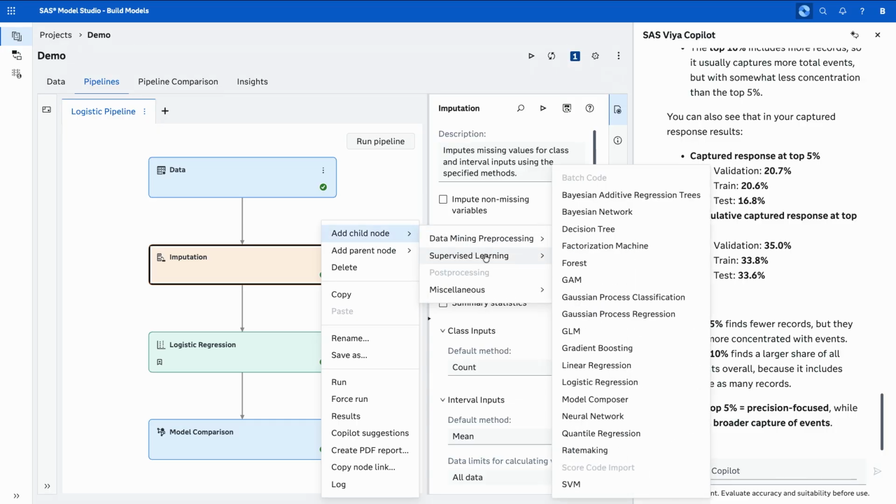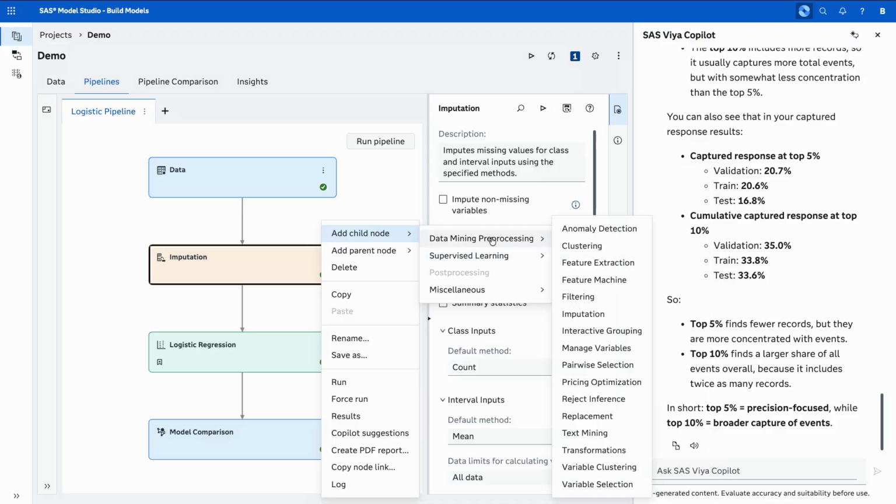So I think you mentioned neural net and gradient boosting, and obviously they're in there. So yes, any of these different models we work with, and also any of the pre-processing nodes, they also all work in the suggestions and things that we saw before. Any node that's supported within the machine learning space, the features that I showed work.